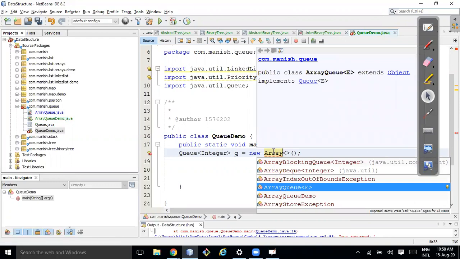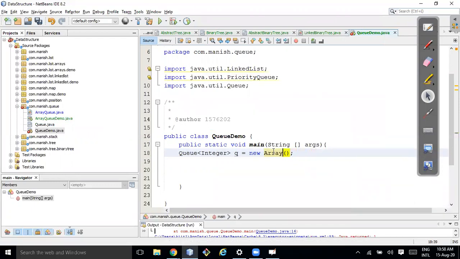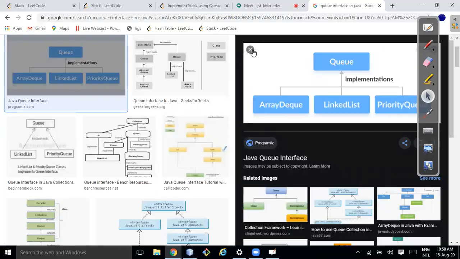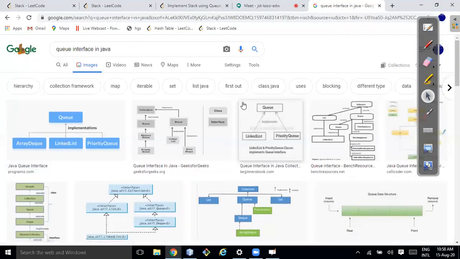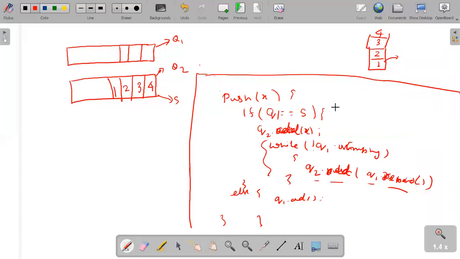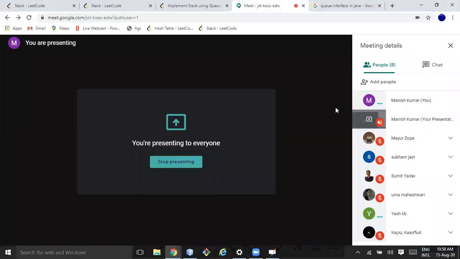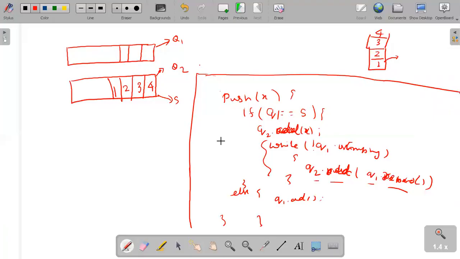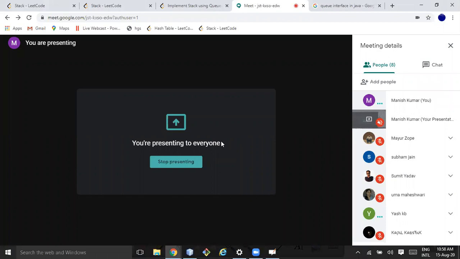Array queue. How you can do that is stack is implementing the queue interface. If you have to create an object, then you have some interface, right? An interface is one abstract data type.